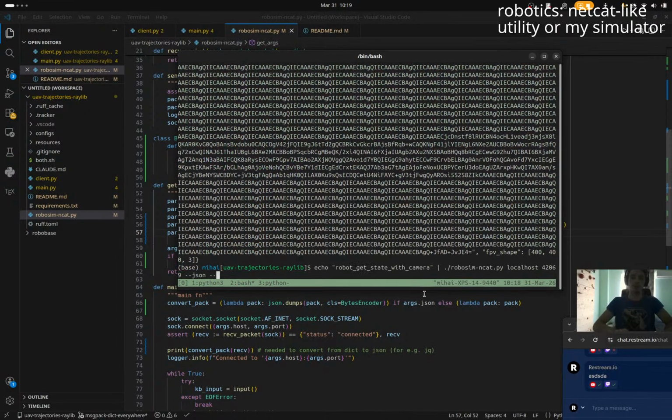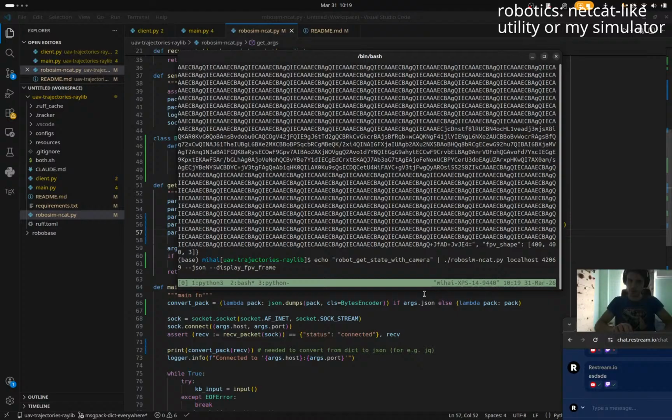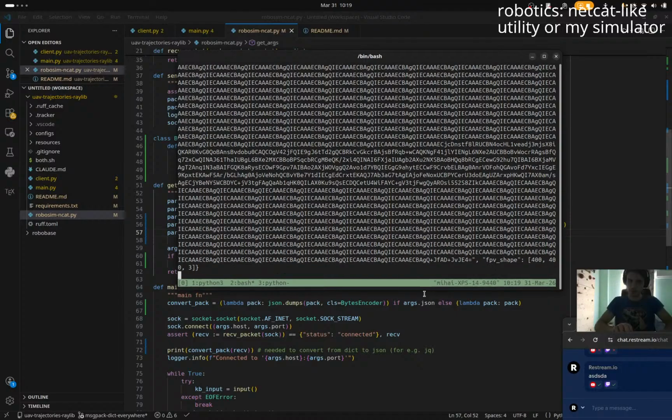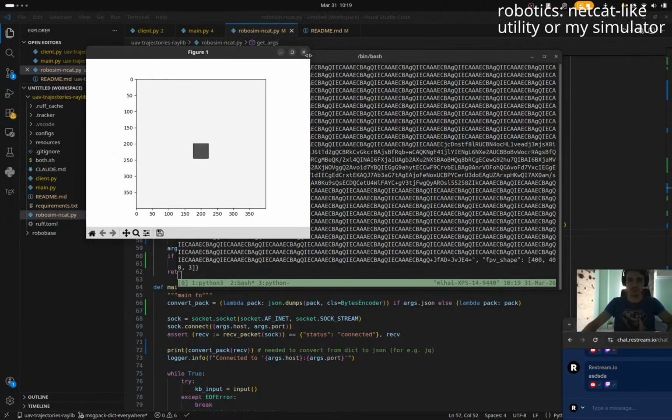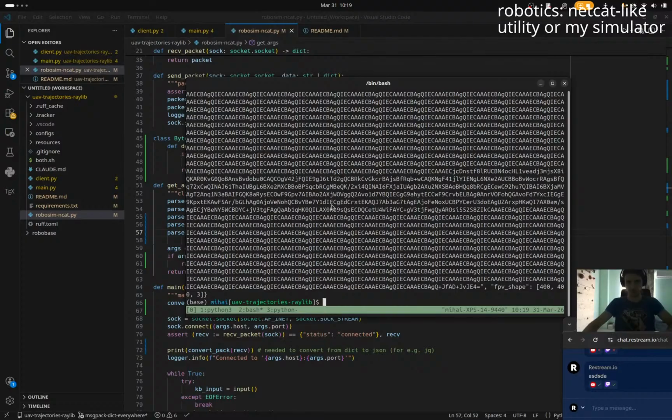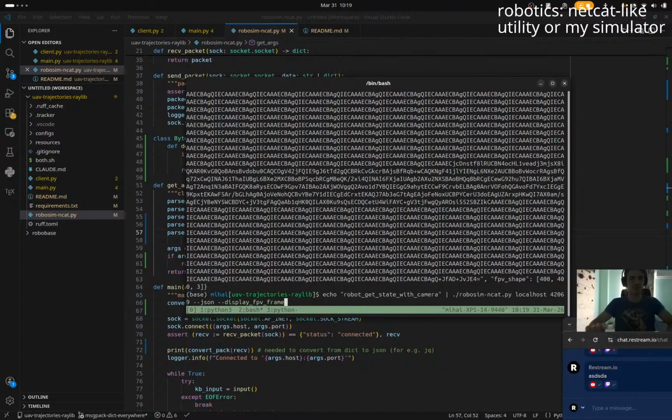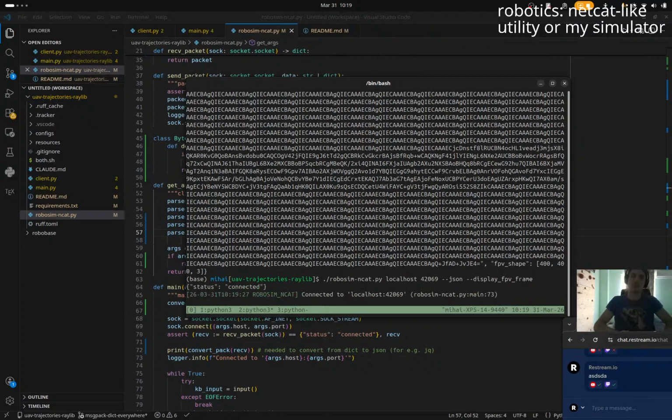Alright, and if I do display FPV frame, I mean, ooh, it worked. It worked. First try. It killed my thing though. Oh, because it's not in interactive mode. So if I do robot get state with frame,